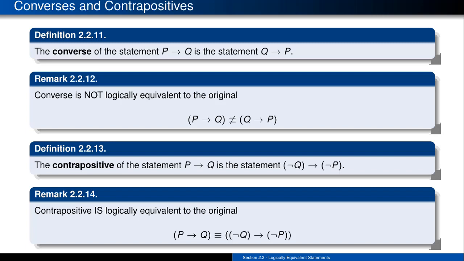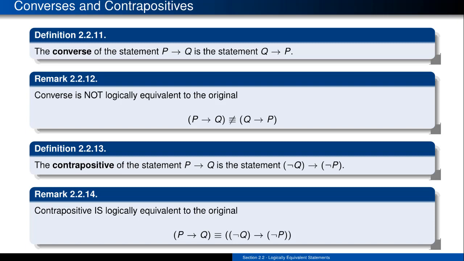Right, so in this video we're going to give a little bit of terminology of some things that we're going to be using quite a bit in the next couple of sections, and that is just some definitions of different types of statements. All of these are going to revolve around conditional statements, because conditional statements are going to become some of the most important statements that we use throughout the entire course,